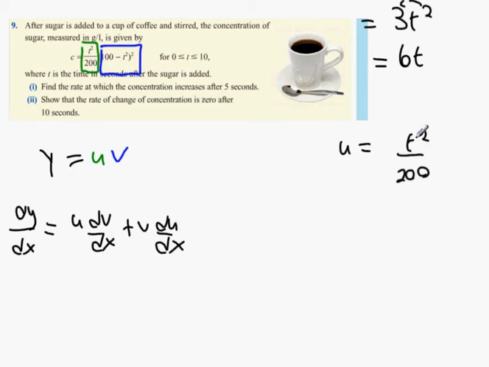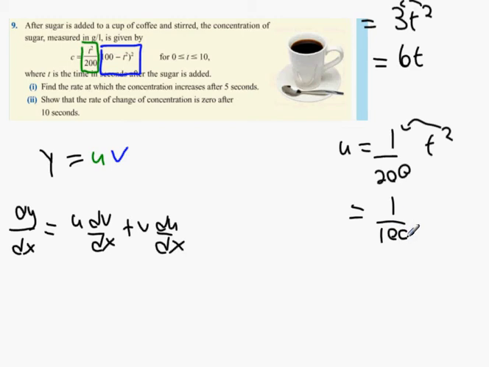So it's treated the same way as 1 over 200 multiplied by t squared, which makes the whole thing a lot easier. You're going to multiply the 2 by the 1 over 200 in the same way you multiply the 2 by the 3, and you're going to get 1 over 100 times t. That's du/dx, or sorry, du/dt, because you're differentiating t's, not x's. Okay? And dv/dt